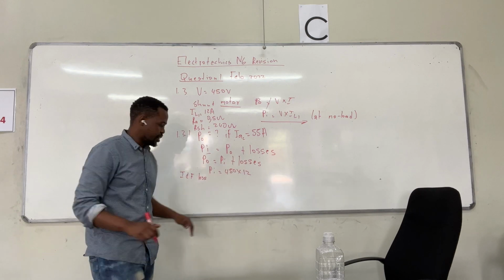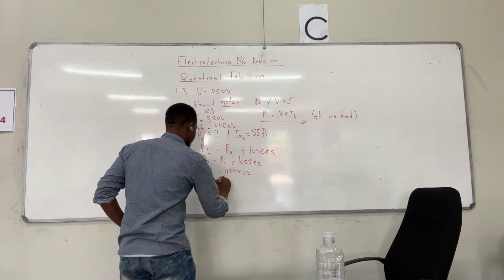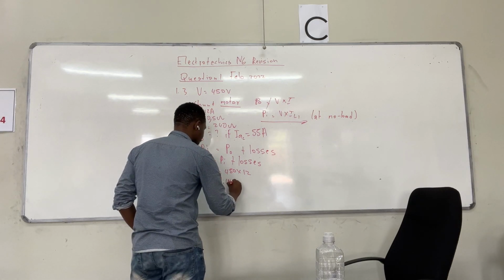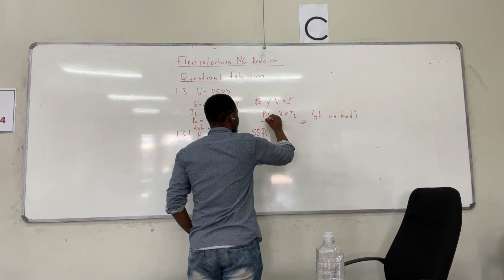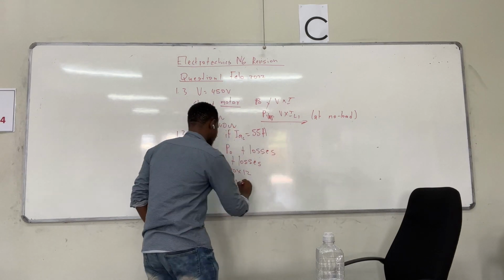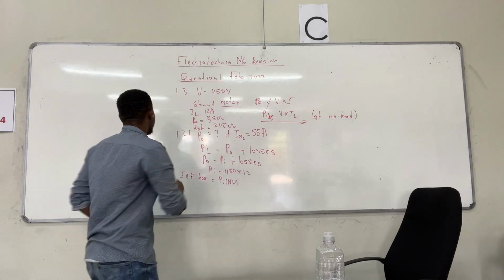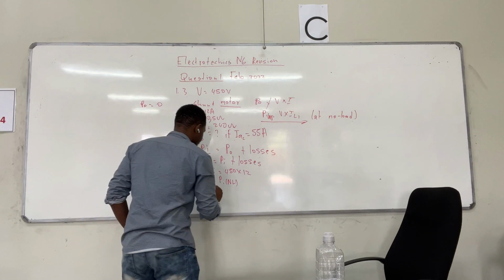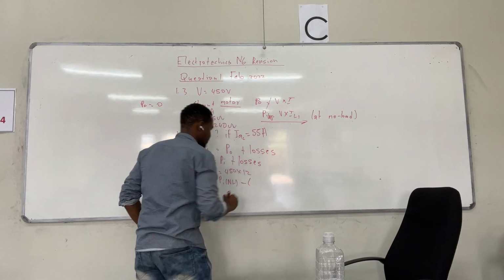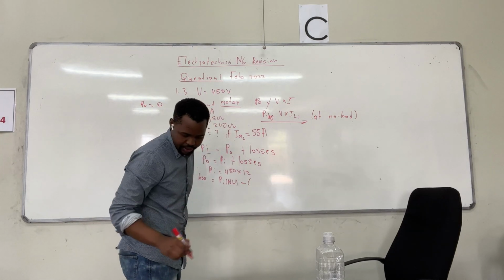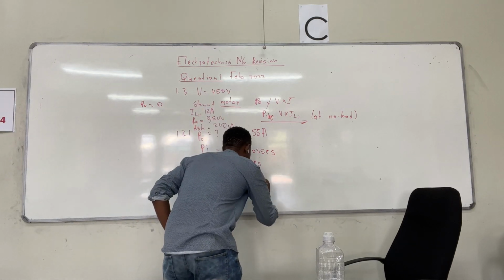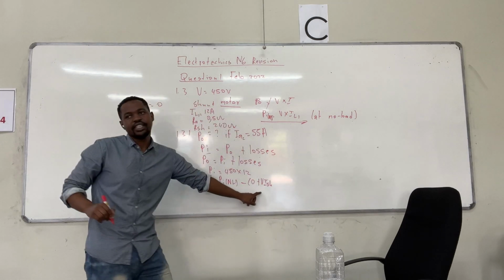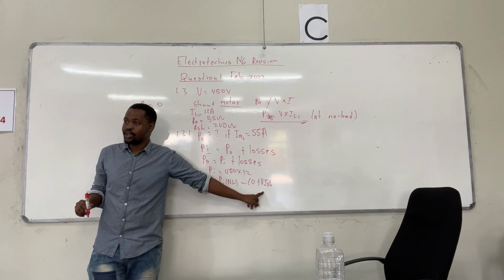It's given by power in at no load, minus power out at no load, which is 0, minus the shunt loss, which is a constant loss,